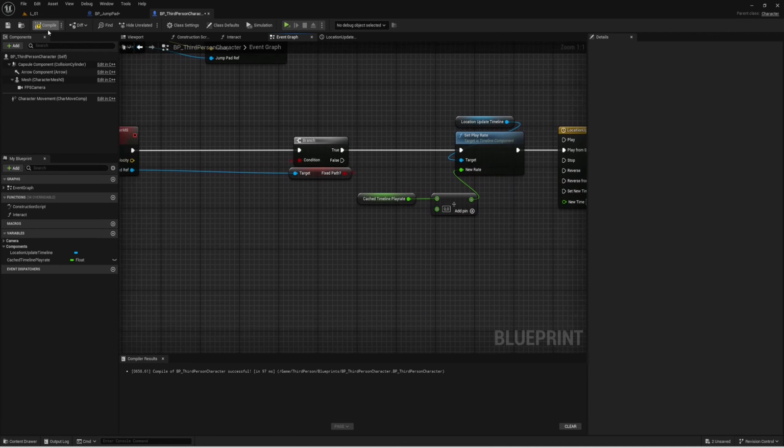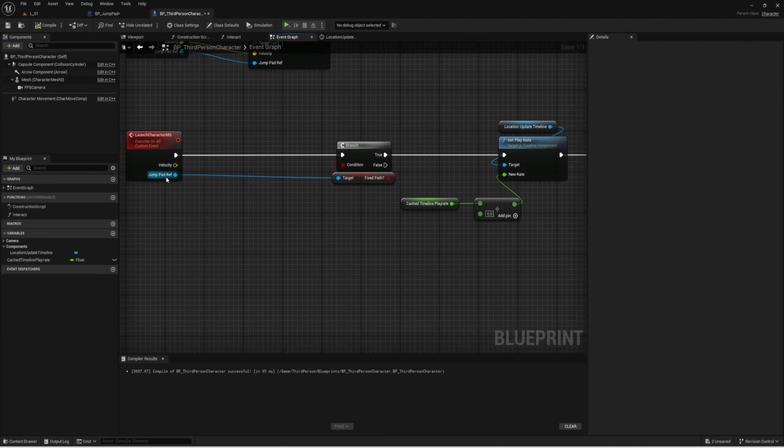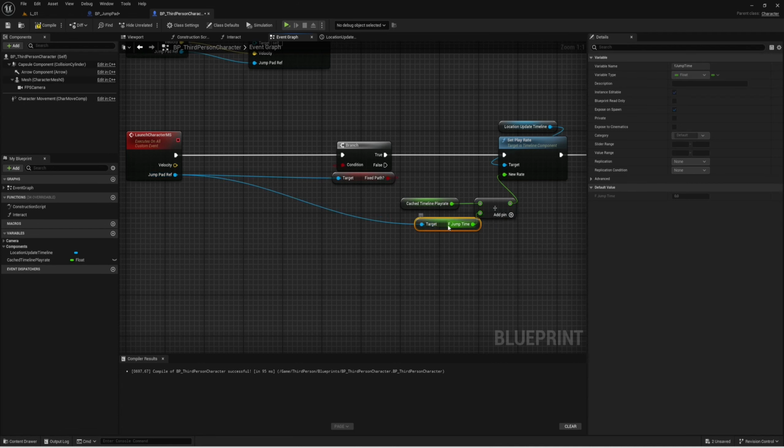the jump time. So we're going to make it a float variable in our BP jump pad. It's going to be f jump time. That's going to be editable and exposed on spawn. Now I can go back to a third person again, and now we can, out of our jump pad ref, we can get jump time. So now we're doing 1